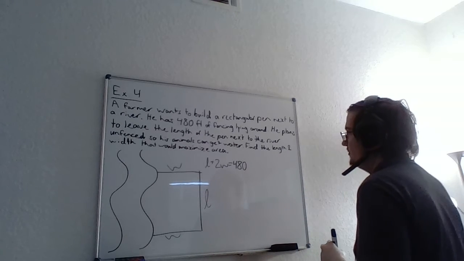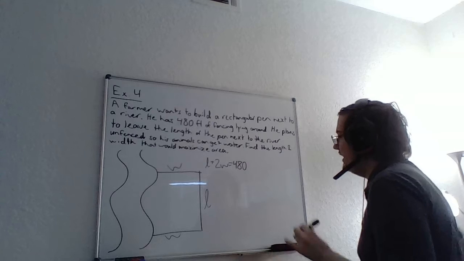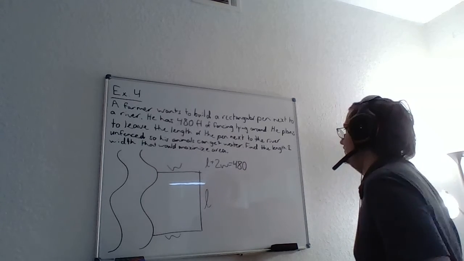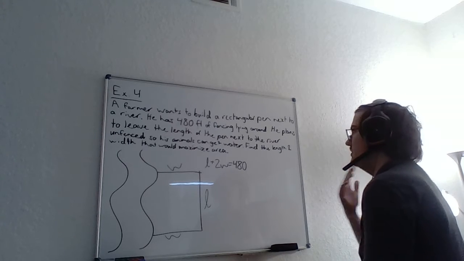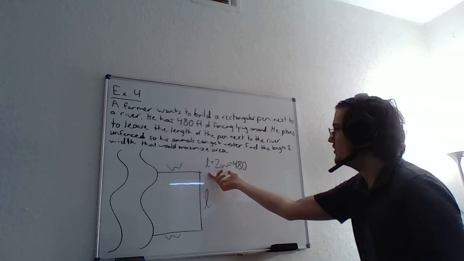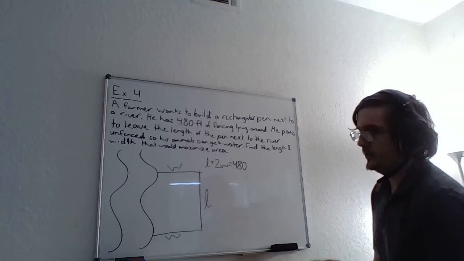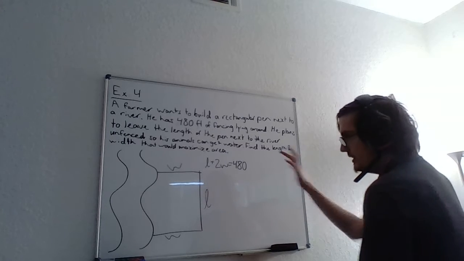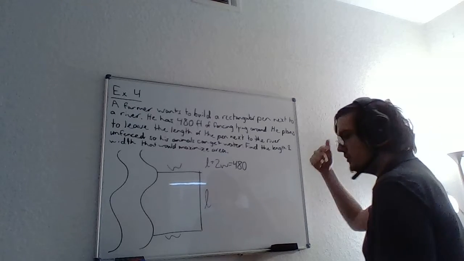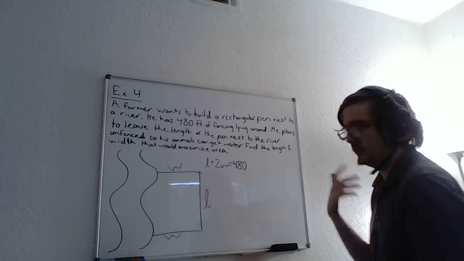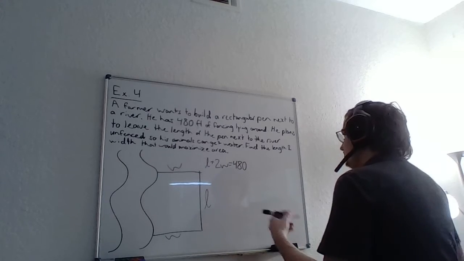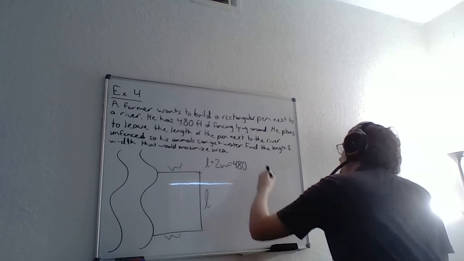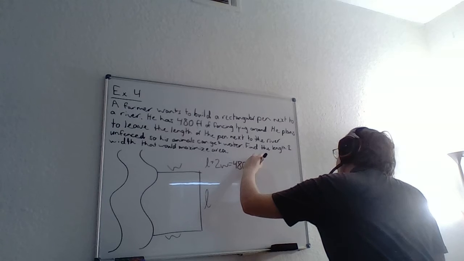So that's one equation. Now, we can't really solve anything with that one equation, because if you take a look here, you see that there's no way to solve for length or width. We need to know one to know the other with just a single equation, and we don't know either, so that's not helping us very much. So let's try and figure out other equations, see if those help us out. We're talking about a rectangle, right? So what's the area of a rectangle?